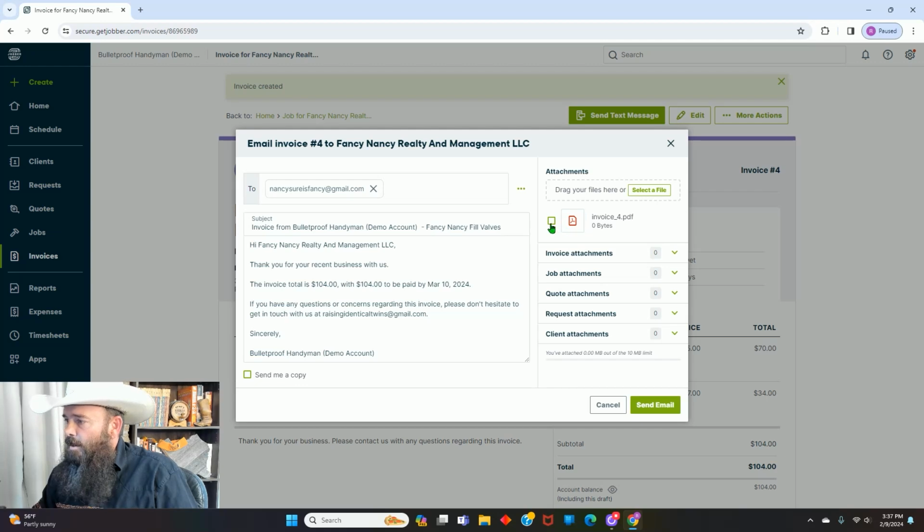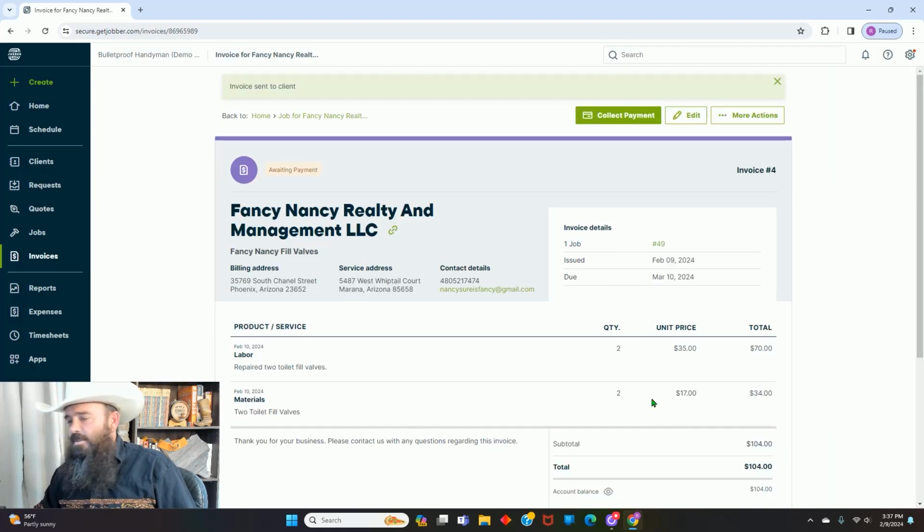Now, they've also got a regular PDF invoice in case she wants to print that out. You can click this and it's going to attach the PDF of the electronic invoice. And if you have pictures that you've taken, you can select File right here and upload those pictures. Send email. So now what this is going to do is send the email to Fancy Nancy,